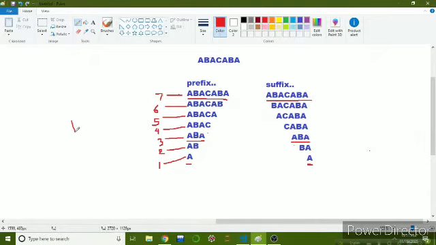So we have the prefixes of length 1, 3 and 7, and these prefixes are also present as suffixes in this string, so we have 3 prefixes which are also suffixes. So the first answer is 3.